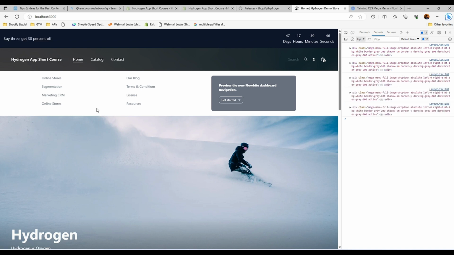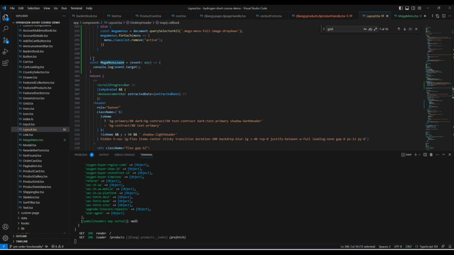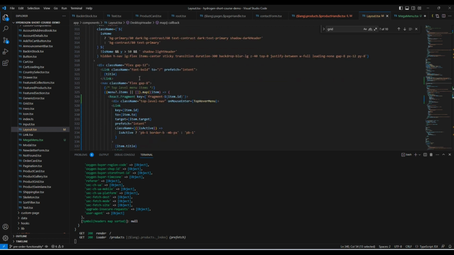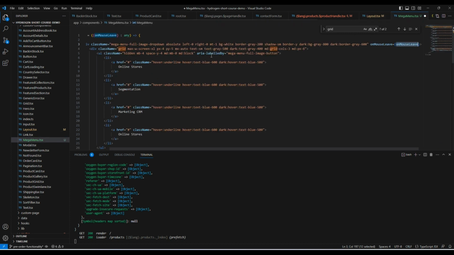So there is, alright, why is it mouse leave? If I were going to leave, then it should be, are we going to enter, hold on, I think there is a mistake with this. megaMenuLeave, then this is the onMouseLeave. If we go back here, onMouseLeave, then goes to that component. Now it's not calling what exactly we want. On hover event,